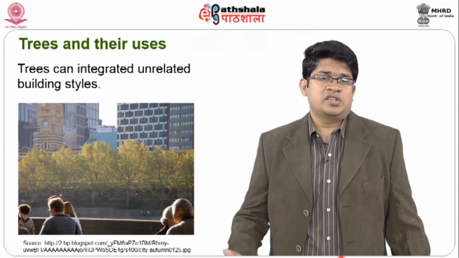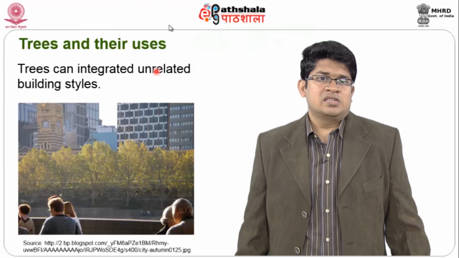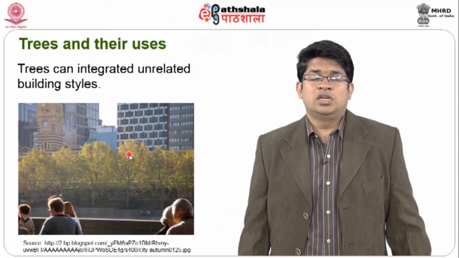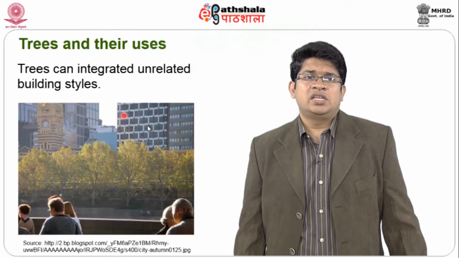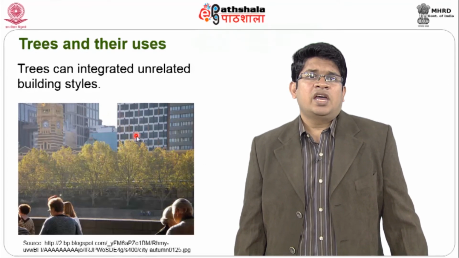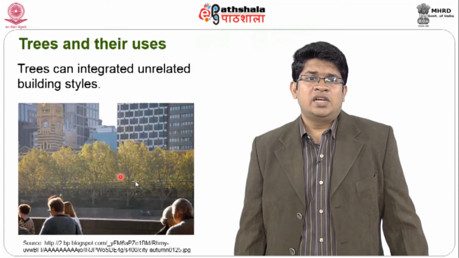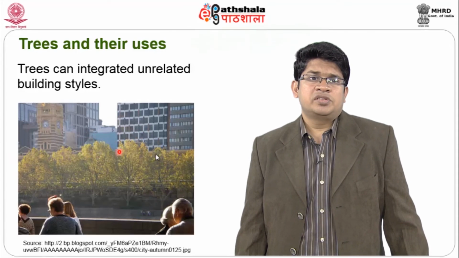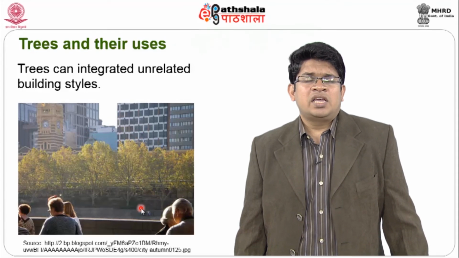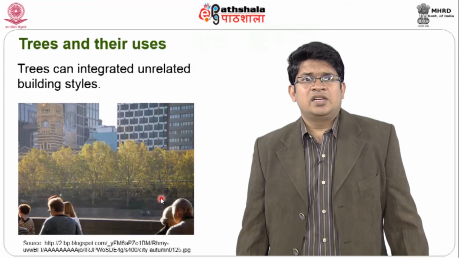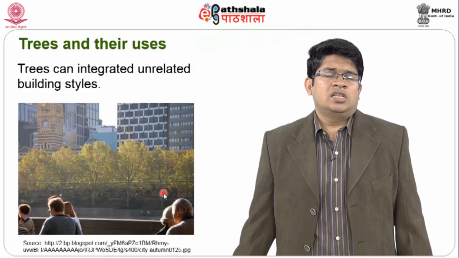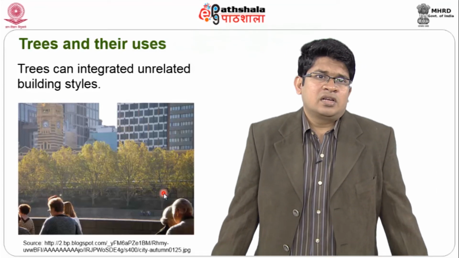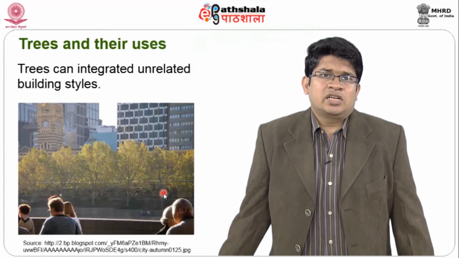Maybe there is a stone facade, the next building is something which has more to do with glass, and we have a lot of different unrelated building styles, as you can see here. We have this entire row of the same species of trees which are lined up, and they give a sense of integrating the unrelated building styles, and slightly blur out that particular difference that the human eye can actually bring forward.